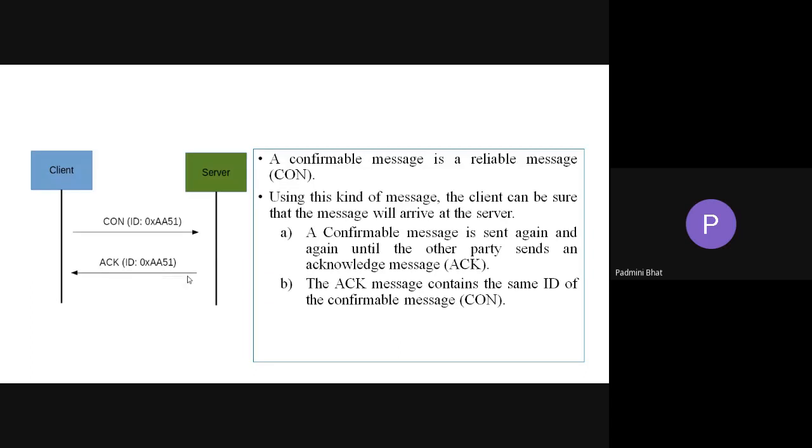Acknowledgement, you might have studied many times anyway. Whatever the confirmable message is, the same ID this also should tell, then only it is authenticated. The client and the server are authenticated. If these two addresses don't match, then the data transfer will not take place.